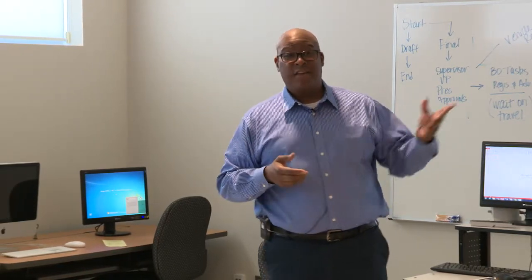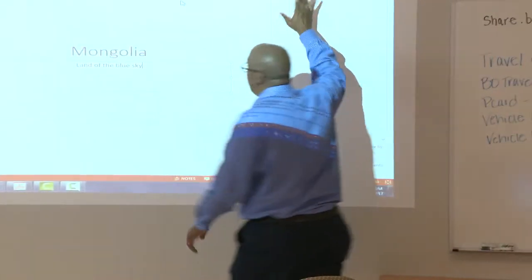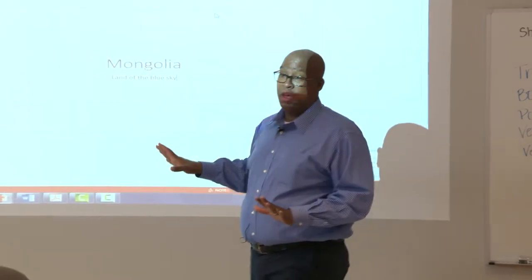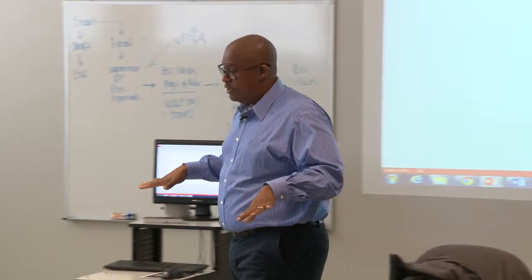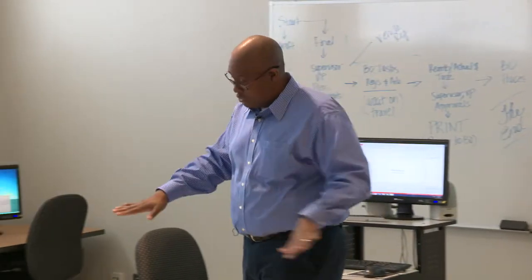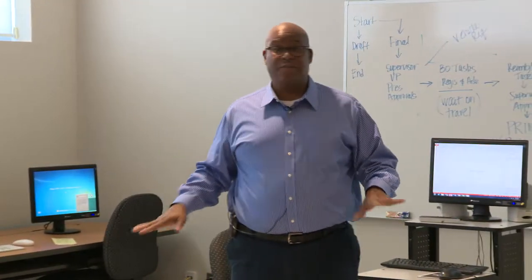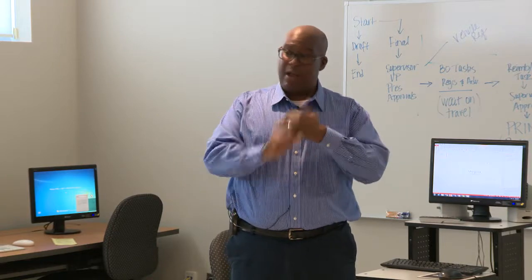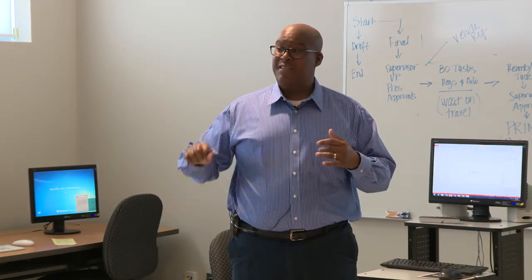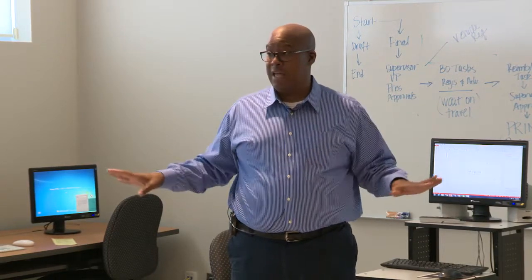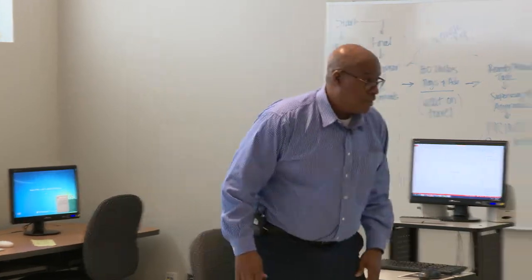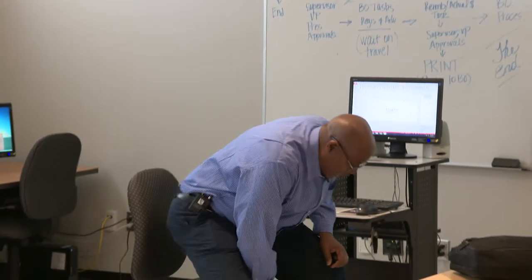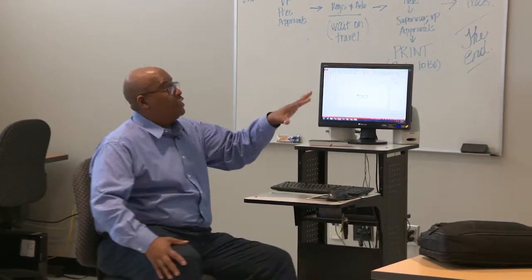Because remember, this accessibility checker is very powerful, but it's very dumb. All it's checking for is, did you use those built-in features? And if I send this to somebody who uses a screen reader, will a screen reader read it? That's all it's asking. It doesn't care about color contrast, doesn't care about what your content even looks like. That's kind of not the function of it. So we've got Mongolia, Land of the Blue Sky. It's saying that we're good to go.